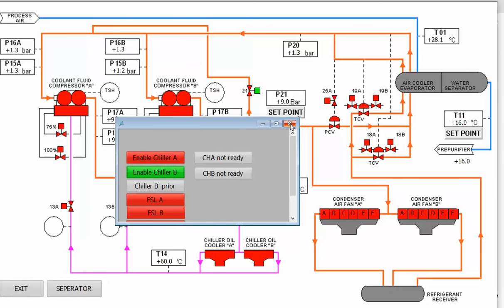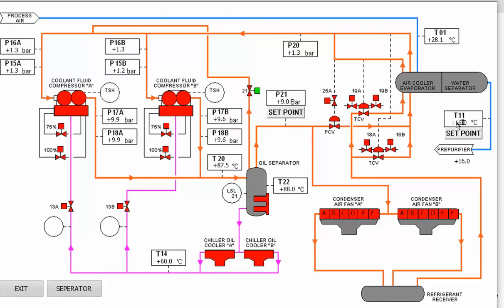The chillers will not run even if the temperature is above the limit. So here I can function test the heater if the temperature is decreasing, like 20, and we will have